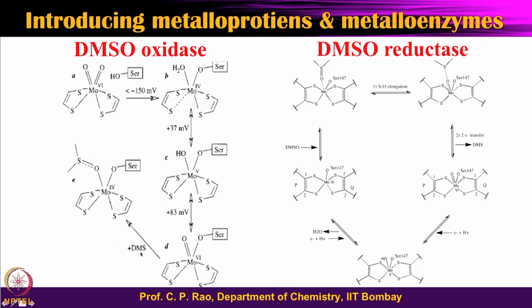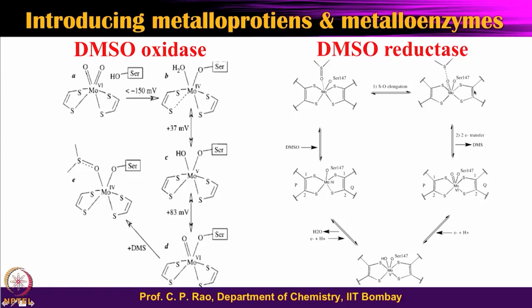So, DMS can get oxidized to DMSO, and the DMS will bind at the metal center, and at this metal center you have the oxygen, and that oxygen, which is this one, will go to the DMS and will go as DMSO. So, in the reductase part, let us start from this particular thing where the DMSO is bound,